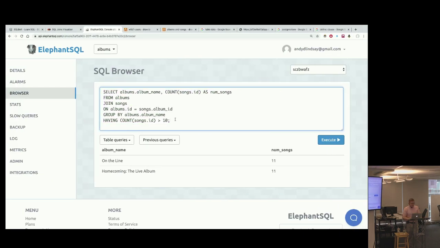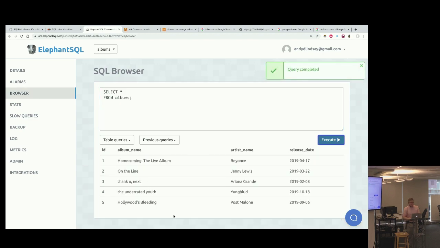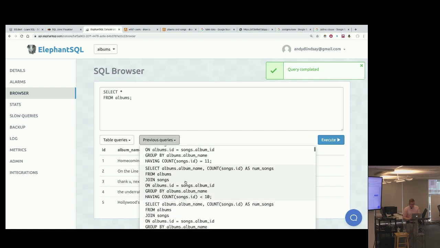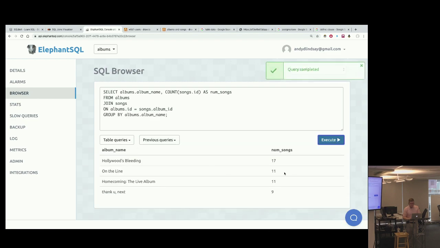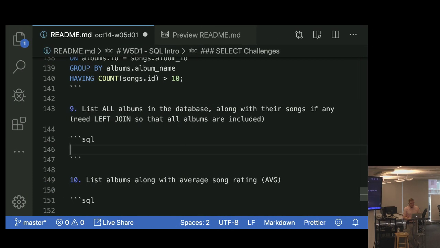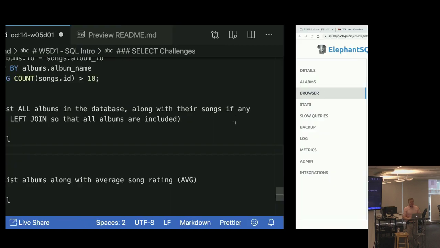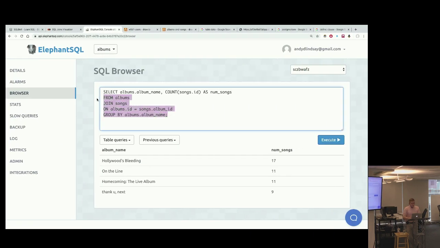Okay, so the astute among you will have noticed that albums has 5 records in it, right? But our previous query, having group by, only gave us back 4, right? So we're not seeing 100% of our songs, right? We're not seeing list all albums in the database along with their songs, if any. So